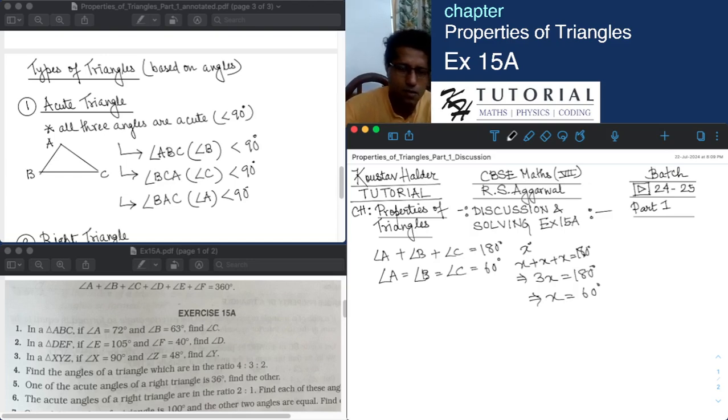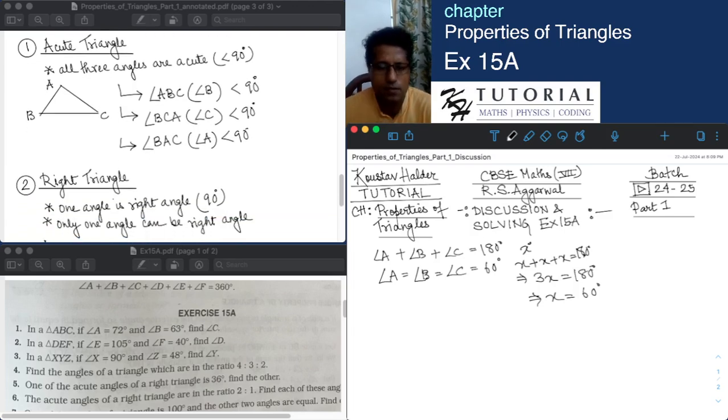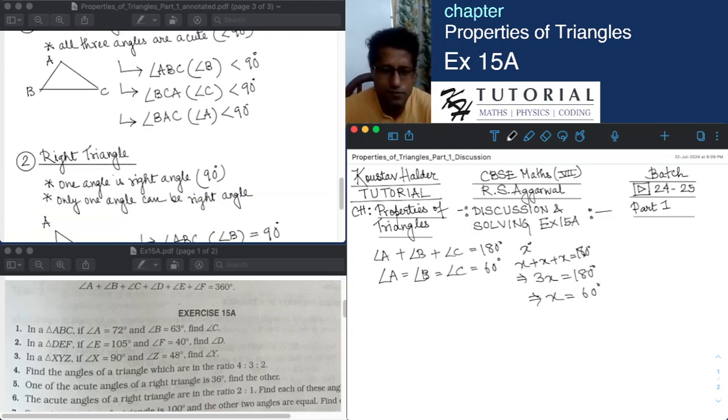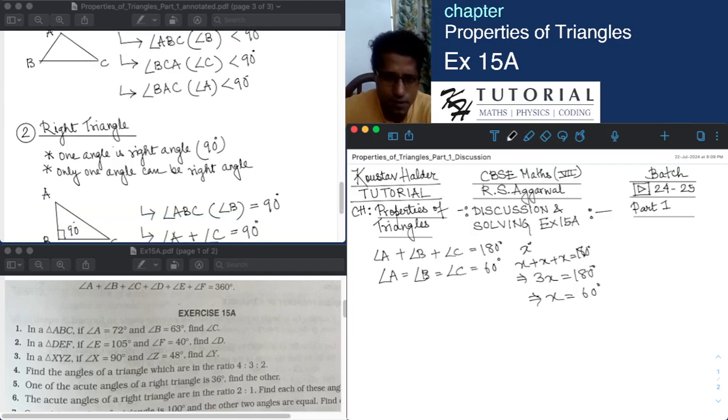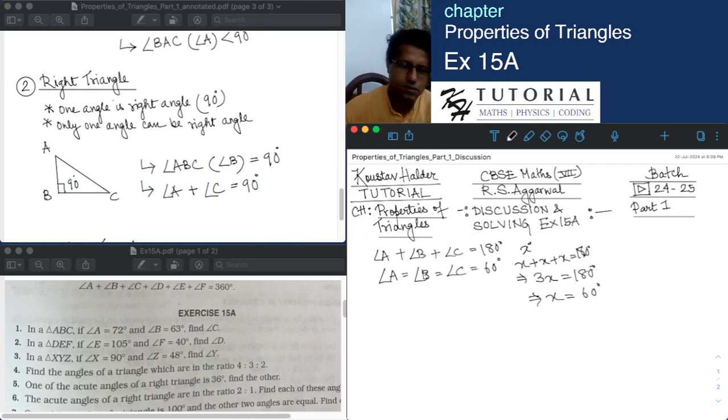So that is all about an acute triangle. Now we have a right triangle. A right triangle is a triangle where one angle is a right angle, that is 90 degrees. Now one thing to note is that in a triangle only one angle can be a right angle. More than one angle cannot be a right angle,